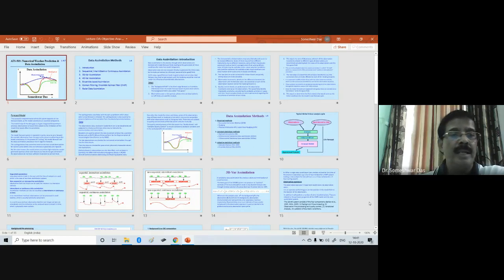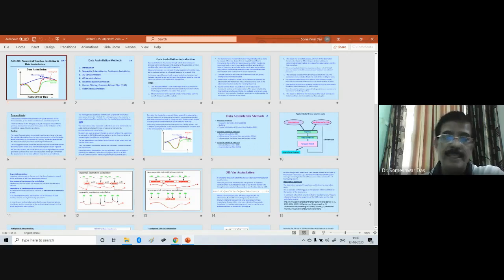We also talked about different ways of assimilation like sequential assimilation, non-sequential assimilation, and intermittent or continuous assimilation. We discussed all these things in the last two classes.